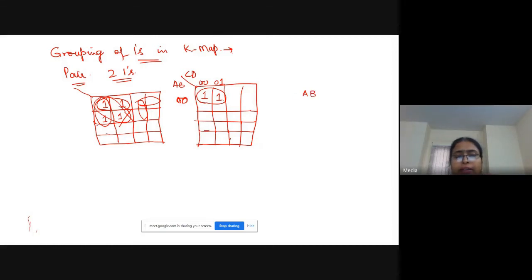And then in the column C, what is common to both? C is 0 in both the ones, but D is changing from 0 to 1. So what is common? C. So now when you pair two ones, one variable is reduced.